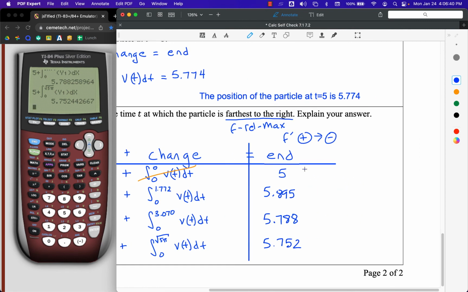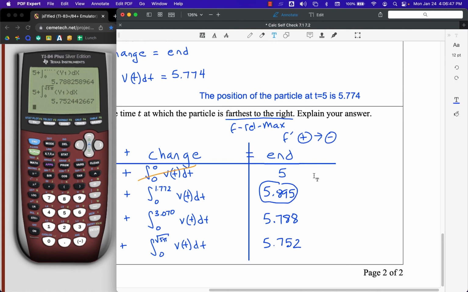So we make our final conclusion. You can't just circle your answer. That's a lazy person's game. So we're going to go ahead and make our conclusion. We'll say, hopefully I'll be able to fit it in right here, we'll say farthest to the right at time is equal to 1.772 at position